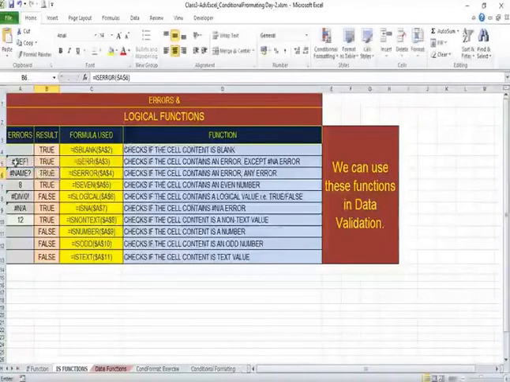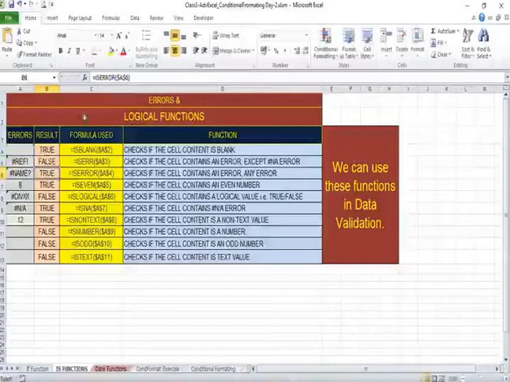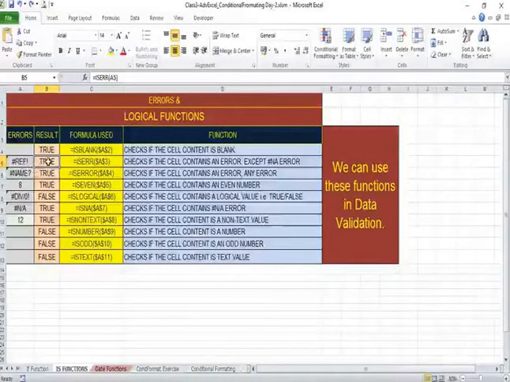So it is true. Now if you check it for the A4 cell, it says it is false. There is no error in the cell A4, so it is false. If it is for A5, it is true. But when you take A4, it is false, because there is no error in A4.